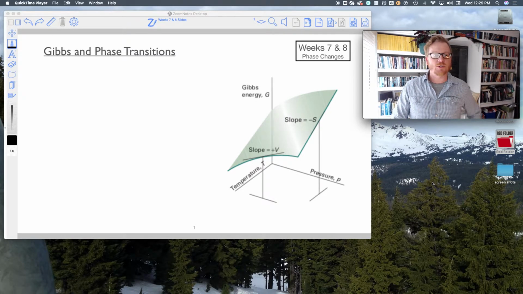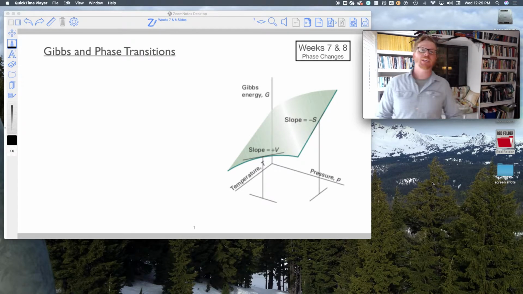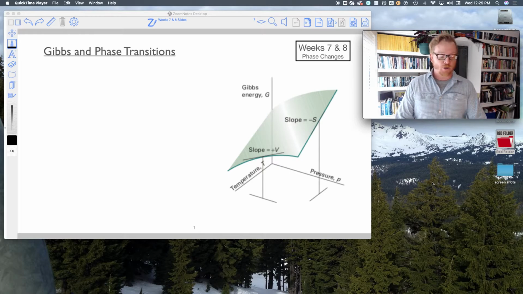We're getting into our new section on phase changes. I think this stuff is really exciting. It's really cool stuff that we're seeing an application of all of this higher order math and physics and how it's going to manifest into something physical and tangible, like what state is something in at a given temperature and